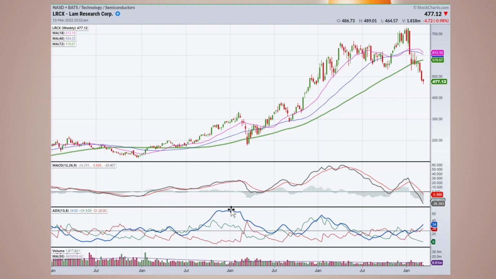This big blue peak, this ADX peak and this ADX peak are based on the buyers. So this is the first time we've gotten some strength in the trend based on the sellers. So this is somewhat concerning to me. Now, what I'm saying in the introduction here is that if I'm going to play this, I want to play it for a trade. I have to go down to really smaller time frames, daily, hourly, and maybe just trade this back up into resistance at 550 or something like that if they actually trigger.